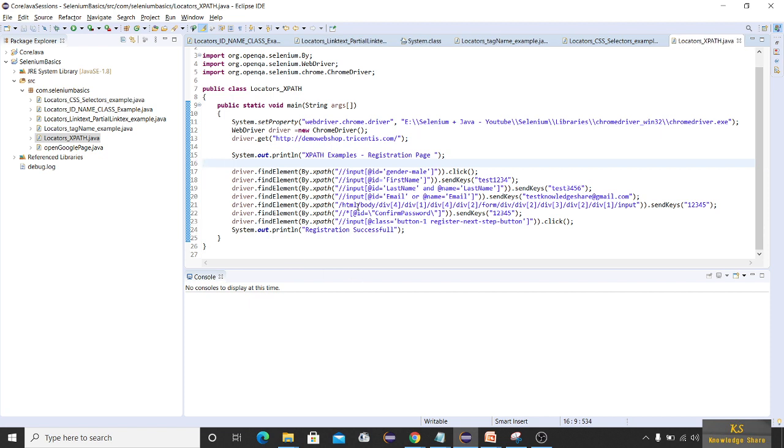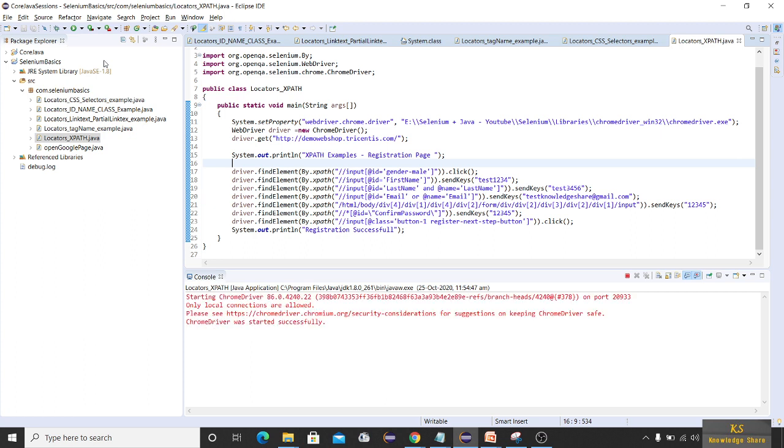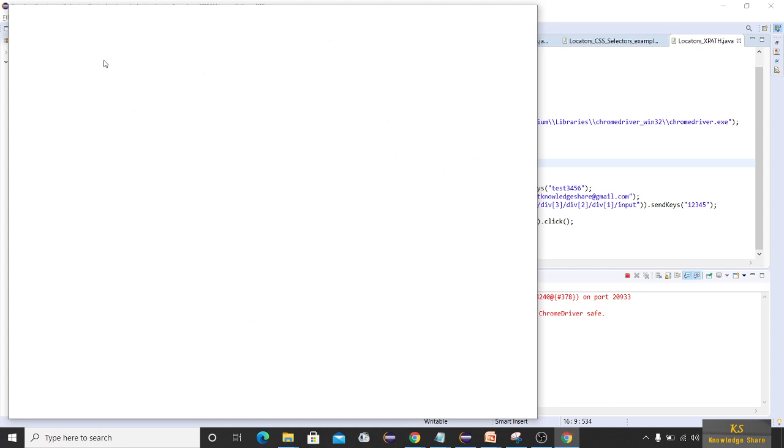Okay, now let me run this program. Okay, so let me click this button and let's see. So these XPaths are very important in automation. You have to learn in phase by phase. That's the reason I'm giving you some one part in one session and other part in other session, so that you will get some hands-on experience. Okay, so let's see this. It's opening a Chrome browser.